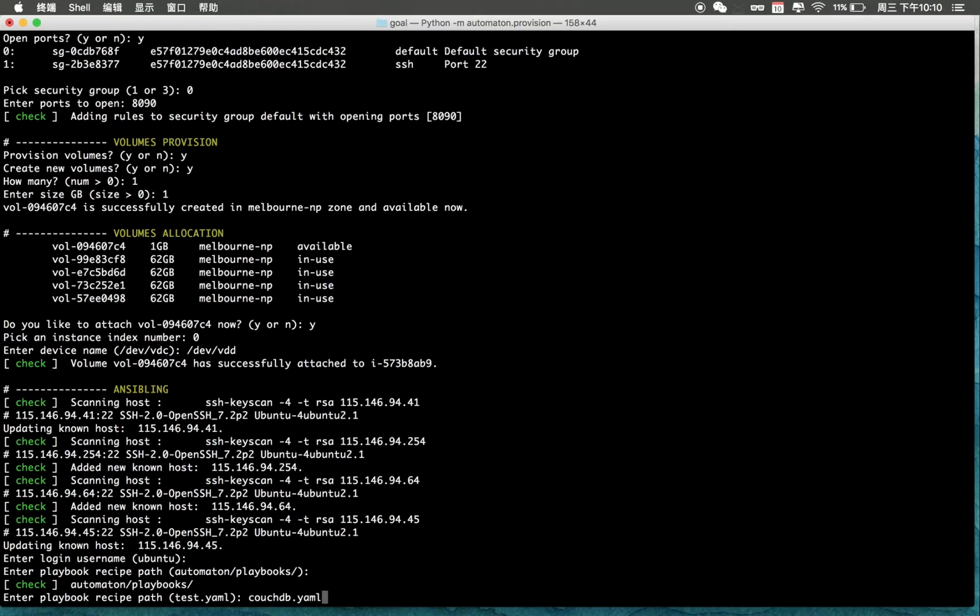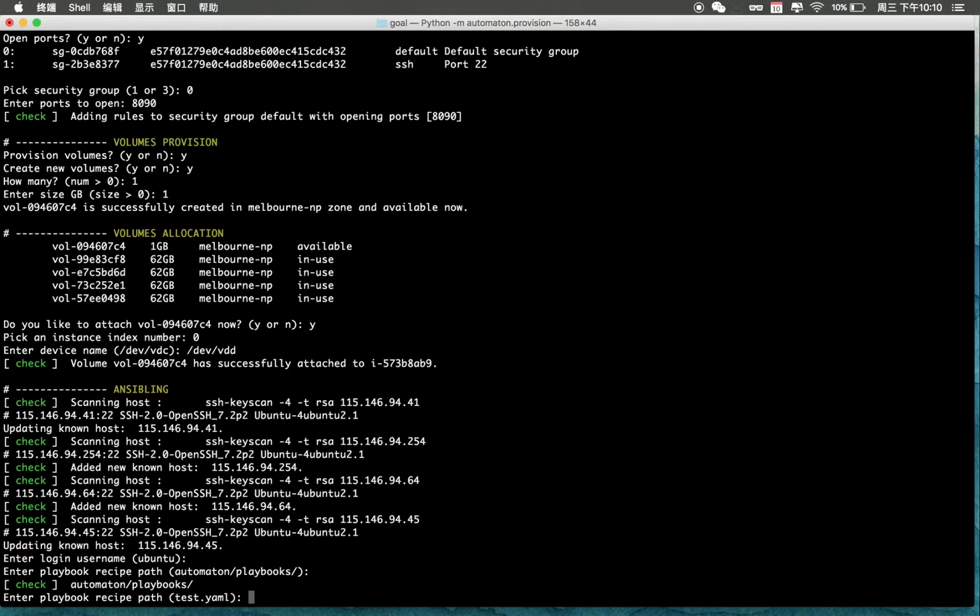But since we don't want to do this right now, because that's already been set up with all the 4 instances, what we do is simply go with our test YAML. Basically, test YAML will just echo all the hosts, and then it will come back. Here, we can even choose whatever playbook script we've written